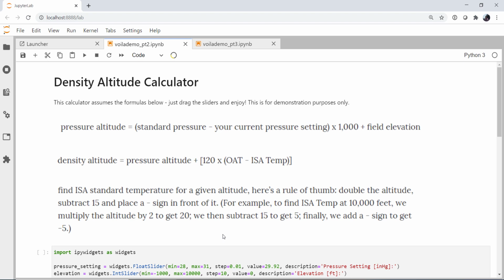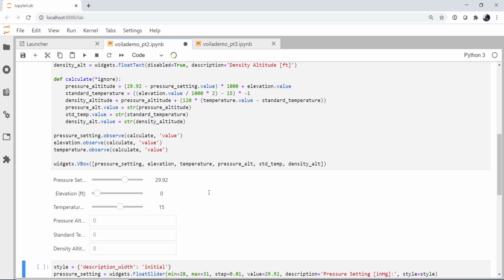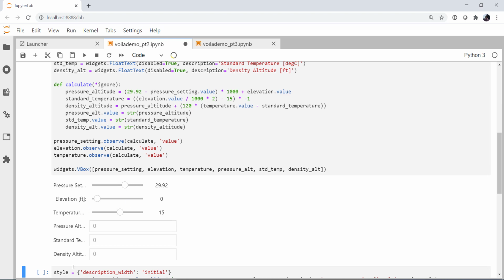This week we're going to finish dressing up our density altitude calculator, or at least for now, by dealing with some widget layout issues. So if we run the cell where we were last week, we see that all of our long descriptions are getting cut off and truncated. Now if you hover, you get a tooltip that tells you what they say, but this isn't necessarily the best